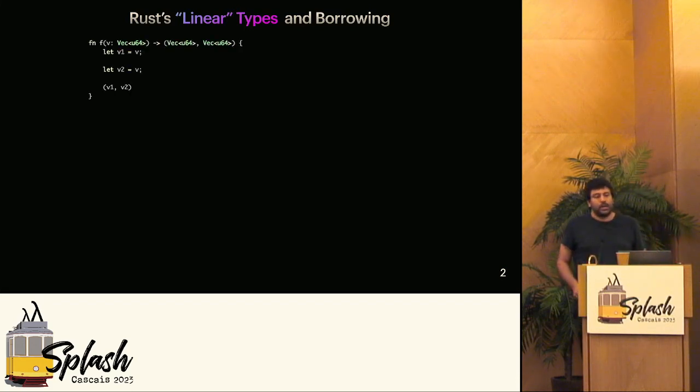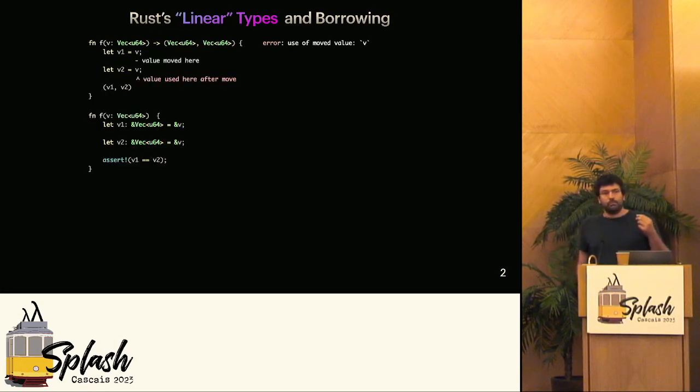As you may know, in Rust, if you have a value like v of type vector here, you're not allowed to duplicate it. If you attempt to do so, the compiler will catch it and reject this code. It may be difficult to write code with just these techniques, so what you can do instead is grab immutable